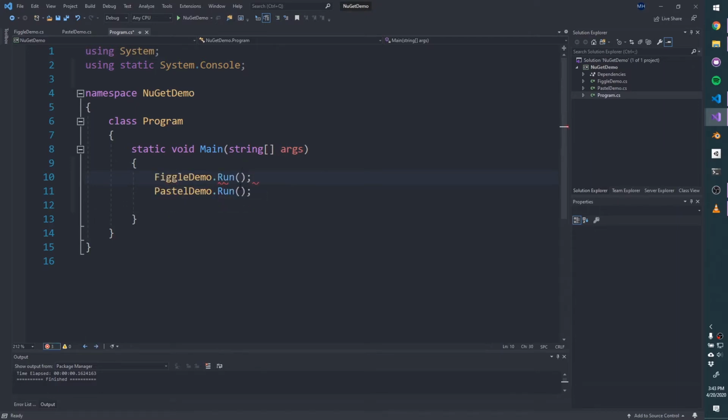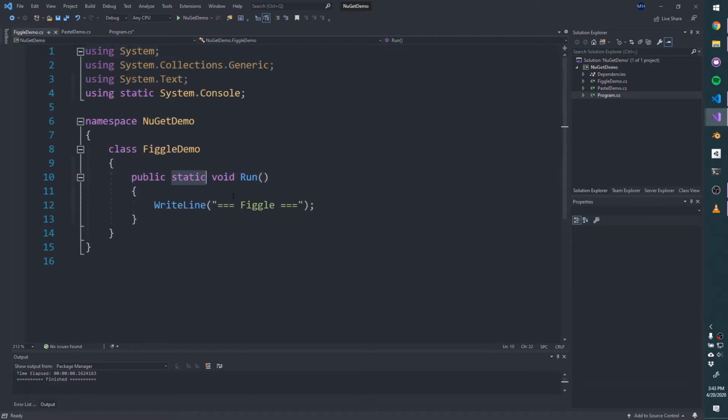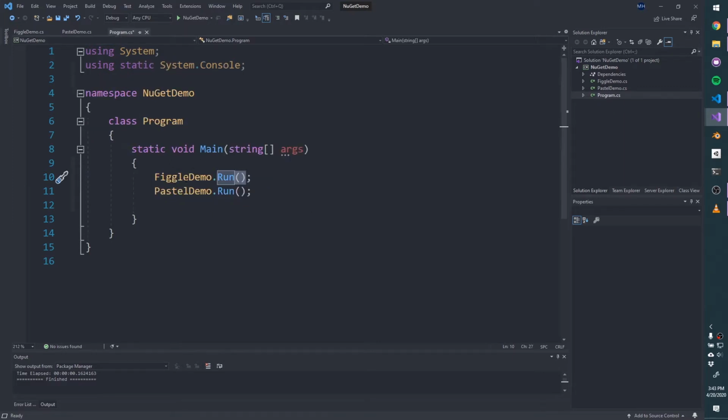So quick review, because these methods are static, that means that I don't need to instantiate this class to run it. And for this demo where we only have one method for each of these classes, it's fine that we're using static methods here. So Figgle demo.run, don't need to instantiate it, just need to say the class name, then .run,